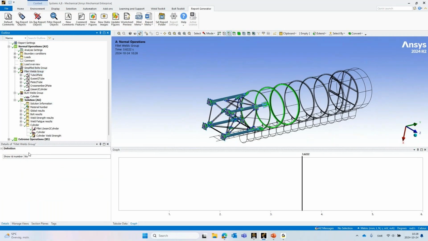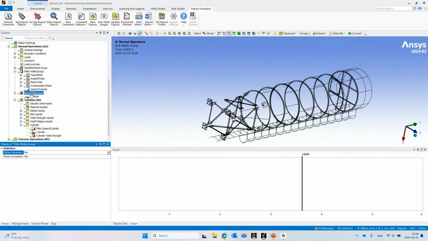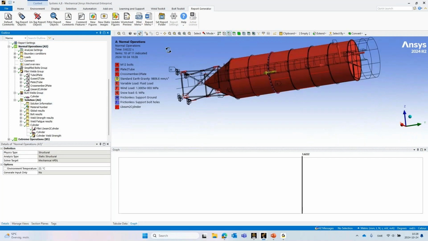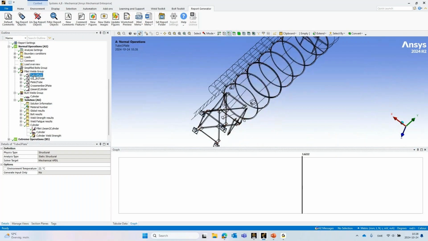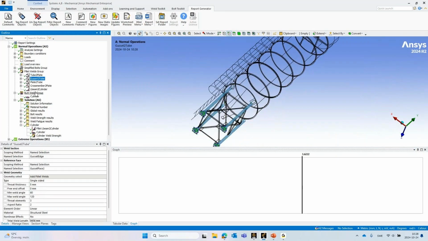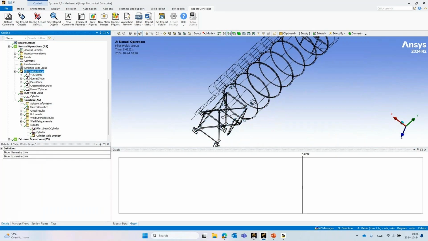So I can always toggle the display of welds off, so then the model just displays as is. I can always click on each object and see the details, but it's possible here, as we see, to directly toggle off the ID numbering for each section. Right, so